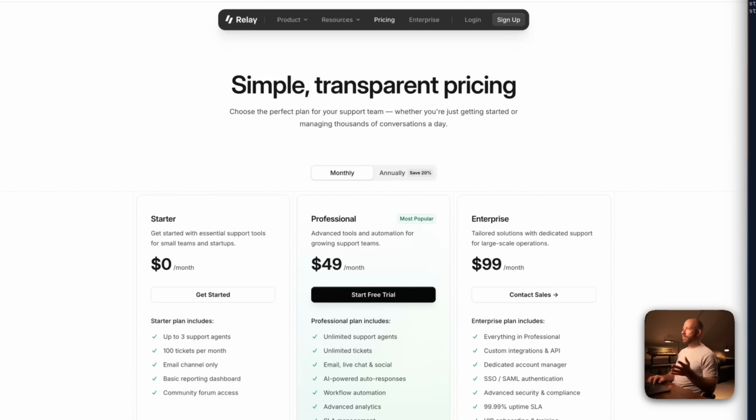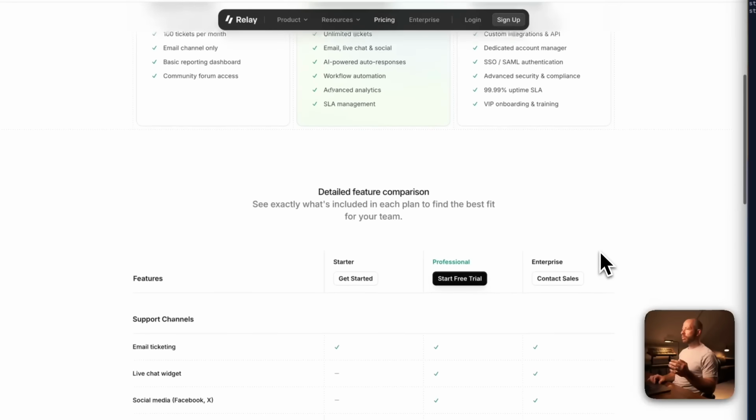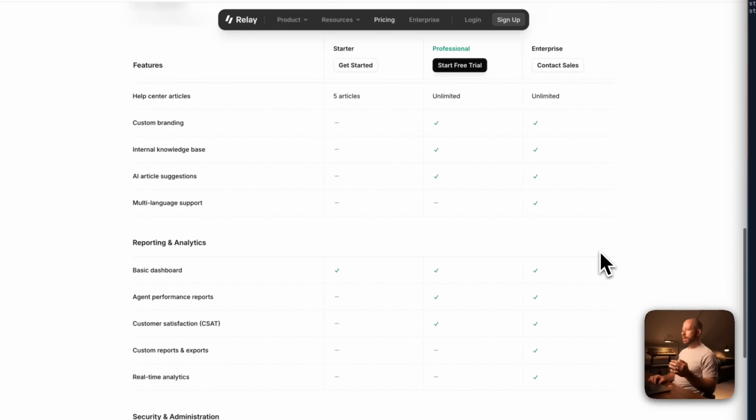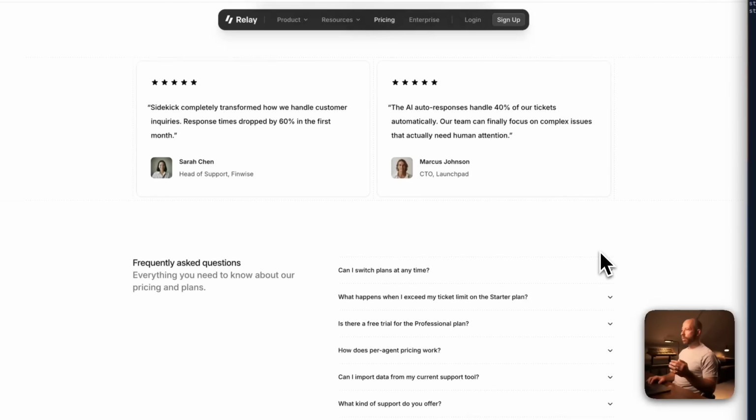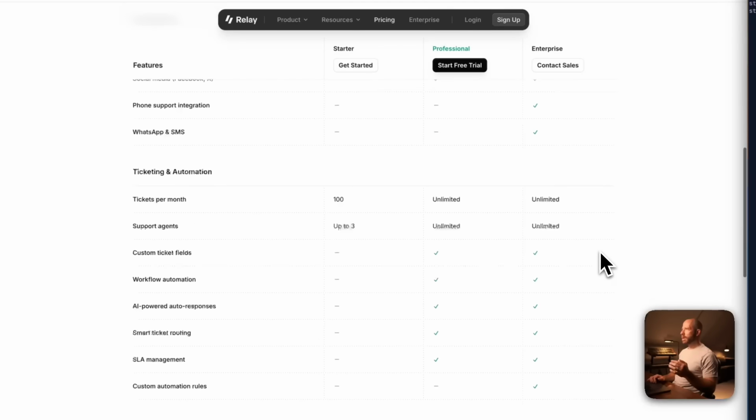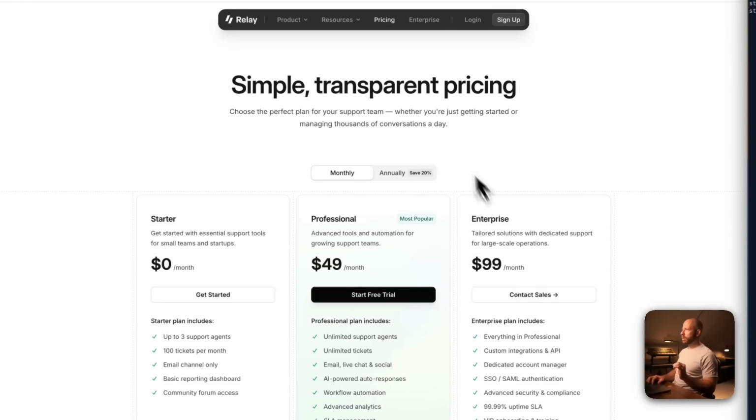So I've been using Claude Code as my primary design tool for just over a month now, and it's been pretty spectacular. I've made a few things here. I made this pricing page, a 3-tier pricing page with a comparison table, and it's got some other stuff here like a testimonial and a FAQ section. This isn't for anything particular. I just made it for fun, just to get familiar with using Claude Code as a